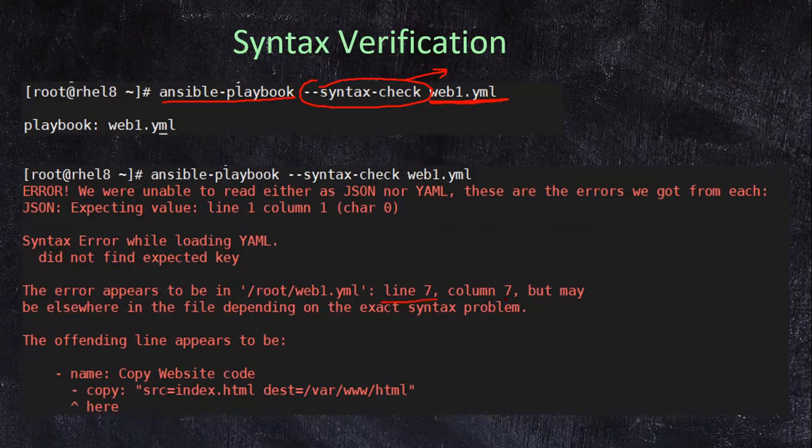It will also point you to the specific line that has the error, and you can check further what the specific error is in your line. Maybe the indentation is not correct. That is the main reason why you would get an error. So it is always a good practice, before deploying, to first verify the syntax. Whatever you have written, is the syntax correct?